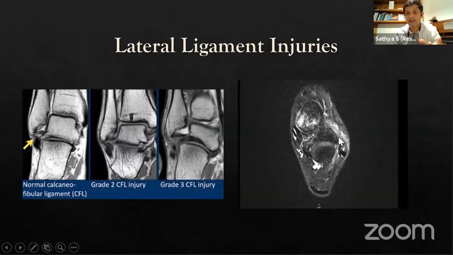However, you're able to understand when you look at the film: okay, this is the ATFL that is present. On the left image here, I have the calcaneofibular ligament, which is the lateral ligament attaching from the tip of the lateral malleolus to the outer portion of the calcaneus. Here we are able to see the dark presence of this structure, and when it gets injured, half becomes dark and the other half becomes more grayish in the T1 weighted image. In the last picture, we can see it's completely disrupted. There is no continuity of this ligament. This line that is present here is partly injured, but previously the line was much darker and fully present. So that determines